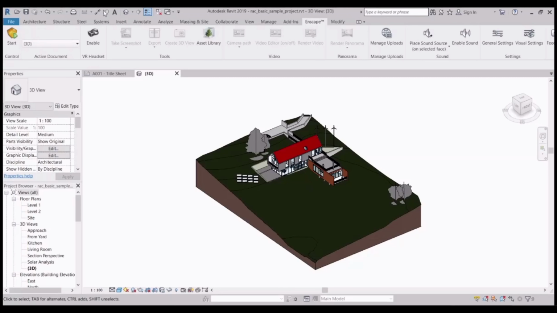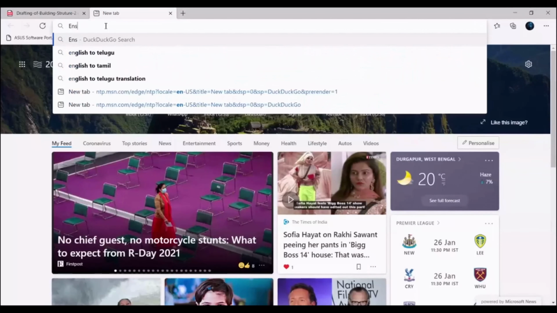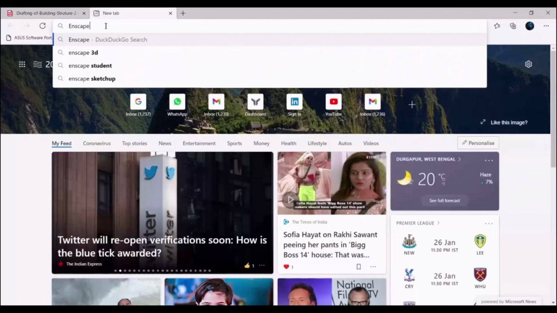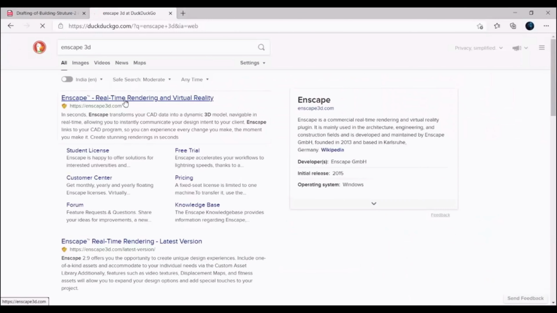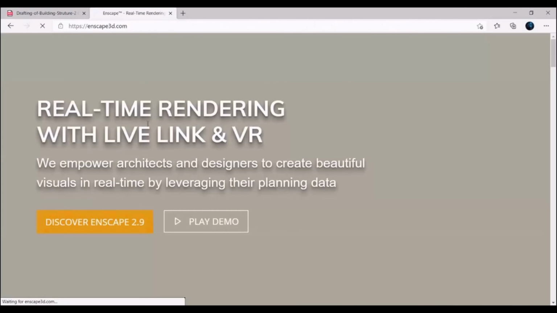If you go to the Enscape 3D website, Enscape3D.com is the website. From there you can download.